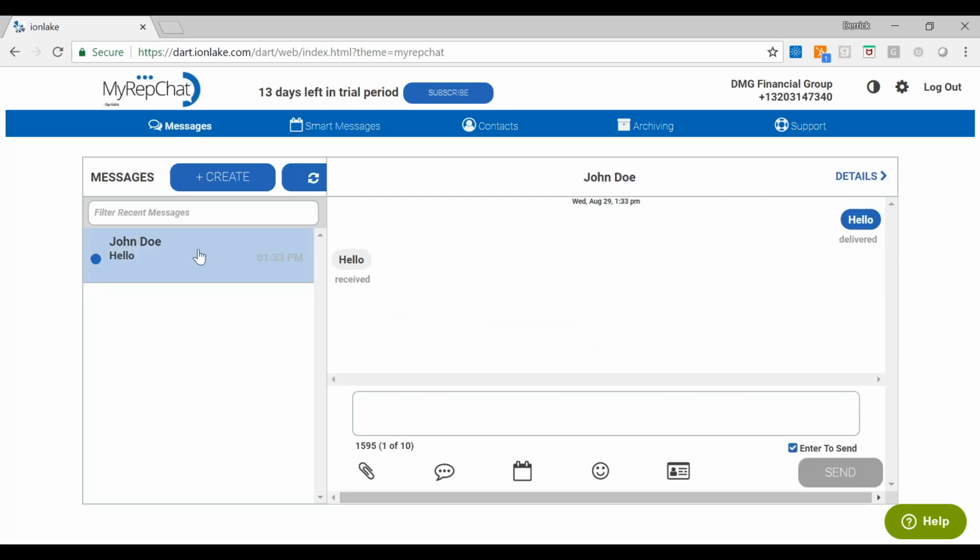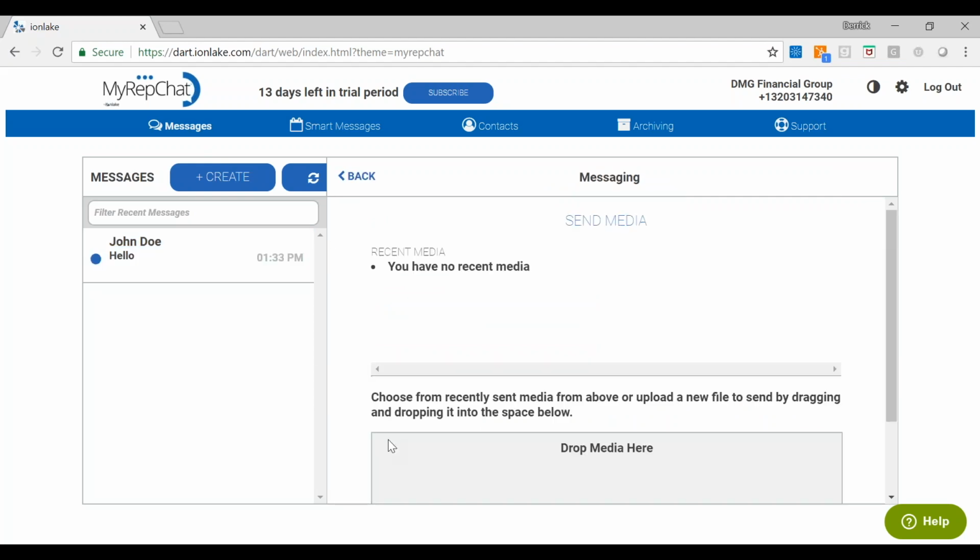So if I go over here to my messaging tab, I can see all the messages here. Everything should be set up for me already. I've tested, I know that it works. I can go down here and see any images that I might have or media files. I don't have any, but I certainly could add some. If I go back here,